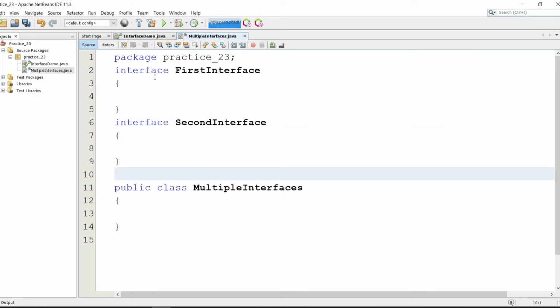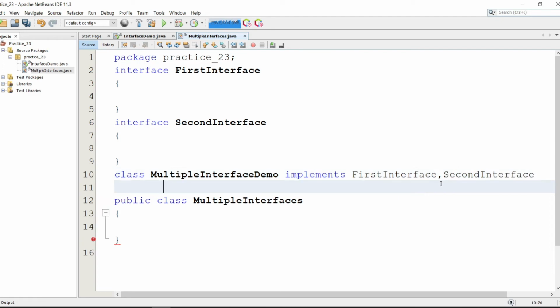Now let's try to implement these multiple interfaces with a class, class MultipleInterfaceDemo. As these are interfaces, we need to write the implements keyword: FirstInterface comma SecondInterface. In order to implement multiple interfaces, we use comma separation.